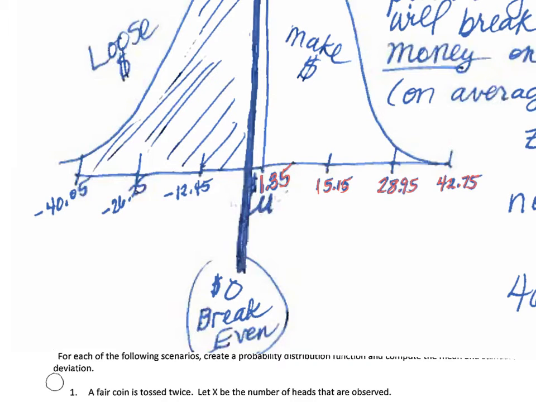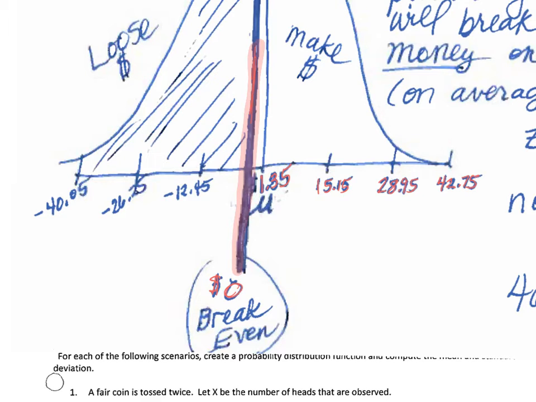Now, what kind of profit will I have per day on average if I break even? If I give out the same amount that I take in, what's that number for my break even point? $0. So keep that in mind. Let's go ahead and draw that line in there because we're going to be discussing this line in a minute. So keep in mind that a break even point is when my profit is 0. All right?